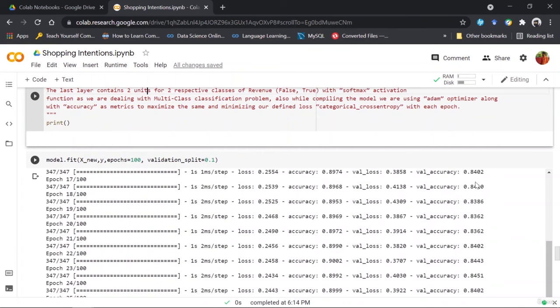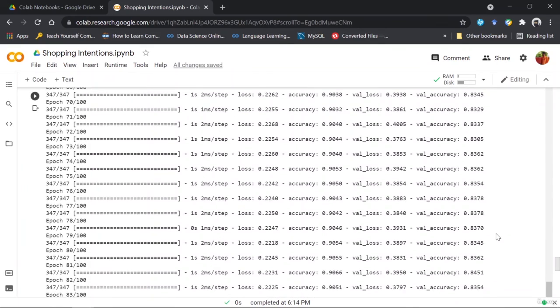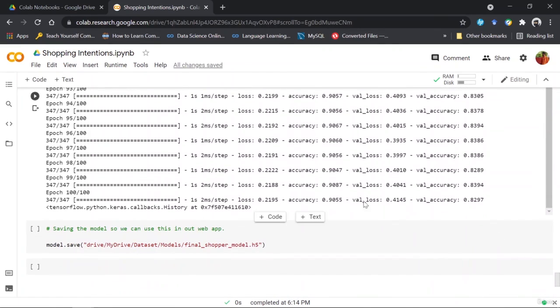Now you can see that I've used the fit function to now train the model. That gives me 83, 84 percent of accuracy. And even the training accuracy reaches 90 or 91 at max. So the model is not overfitting. And I can live with this accuracy for the data set. Though if you want, you can increase the accuracy by using different kinds of layers rather than just using dense layer and activation functions as ReLU. And that is up to you. But for this project, I have just used those only.